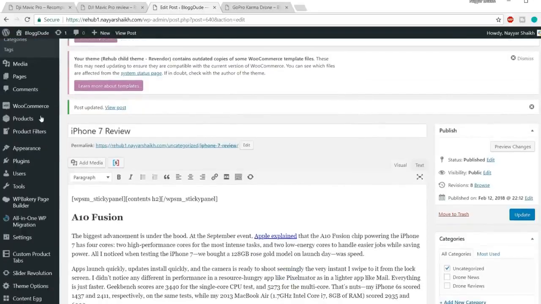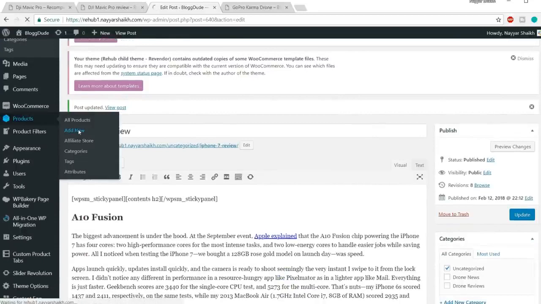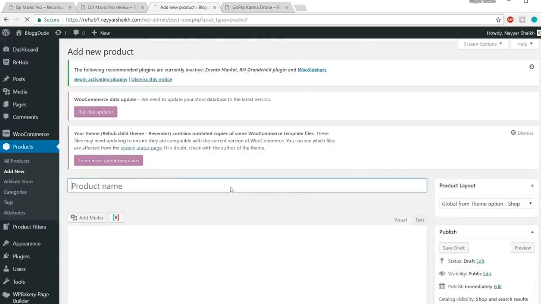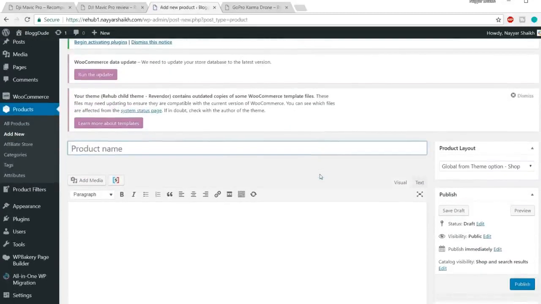So we'll have to create a new product. So hover products and click on add new, and we can give it any name. This won't be shown because this will be used only as an accessory. This won't be a separate or a different product altogether. So I'll just type in iPhone 7 accessories,